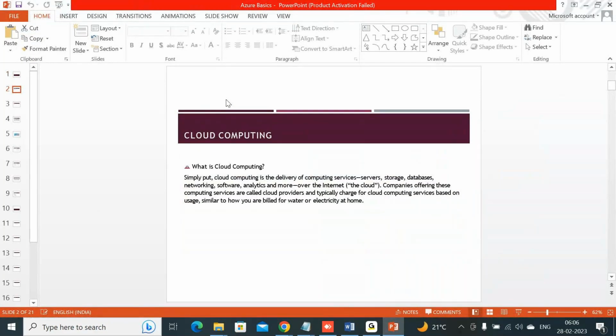So what is Azure actually? Azure is nothing but a cloud platform which has been created by Microsoft. So what is cloud computing? Basically cloud computing means delivering the computing services like your storage, databases and everything over the internet. That means renting of a resource and pay as you go model. Instead of you building the complete infrastructure, someone will build the infrastructure for you and you will be paying rent kind of thing.